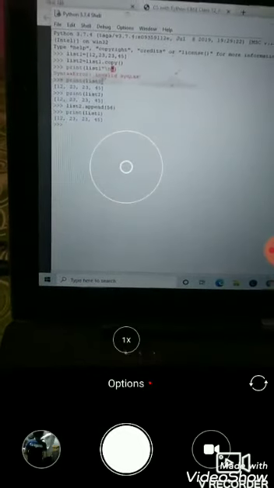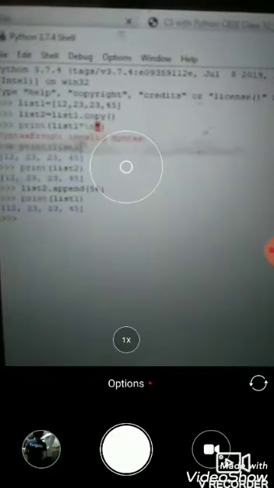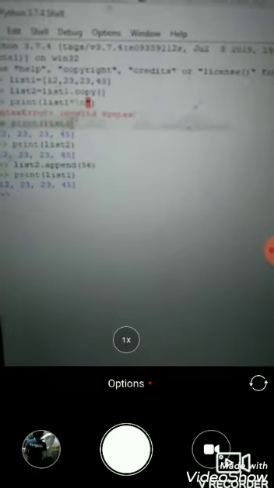When we change list2, it does not affect list1. But if we use the assignment operator, it does not create another copy of the list; it just points to the same list.